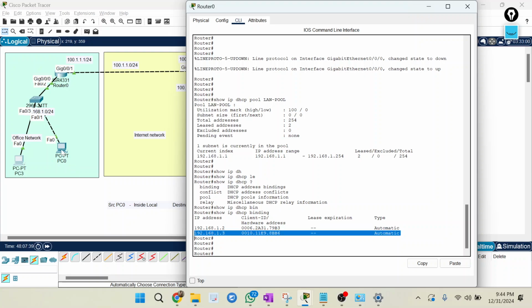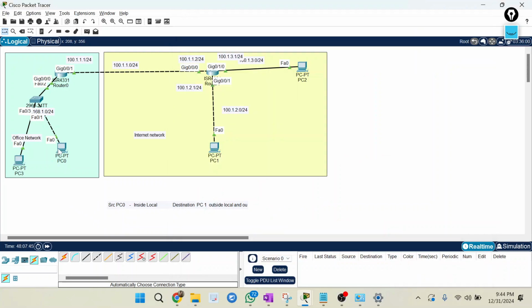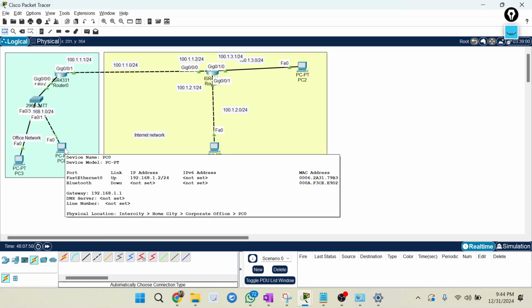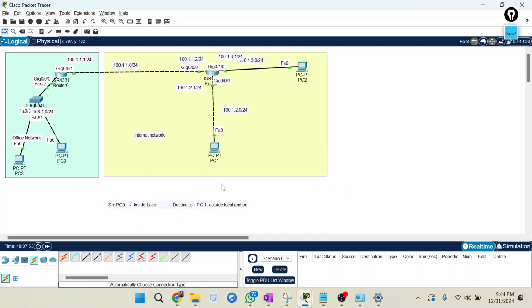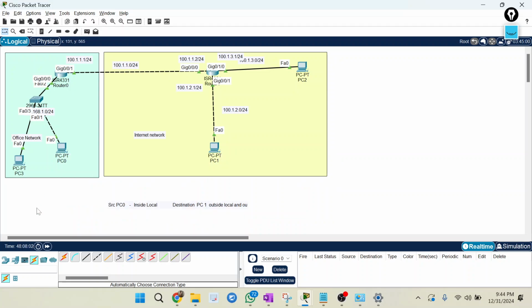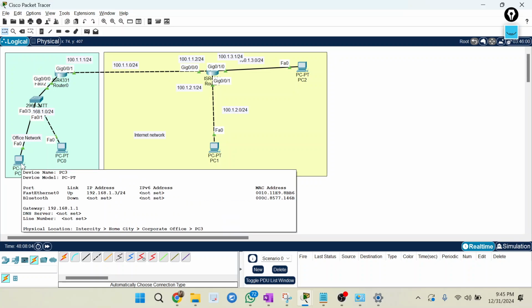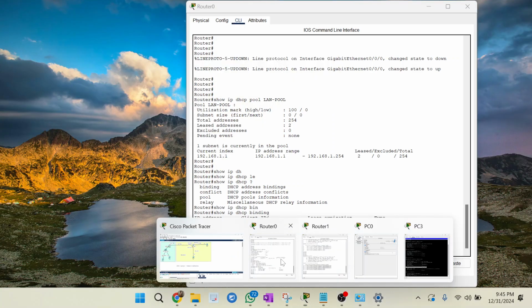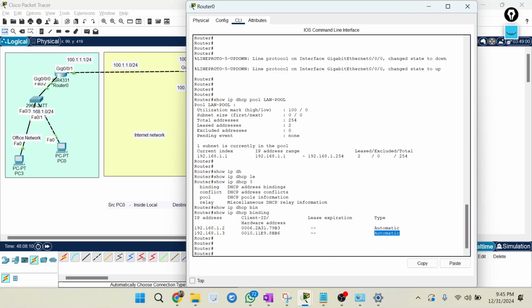So what is the MAC address of this PC? Let us see. 79B3. You see it is MAC address 79B3, right? Under fast Ethernet uplink IP address, then MAC address 79B3 we got. Then what is the MAC address of this? 8BB6. 8BB6 received what IP? 8BB6 received 1.3, right? That's how you can check which user got what IP and how